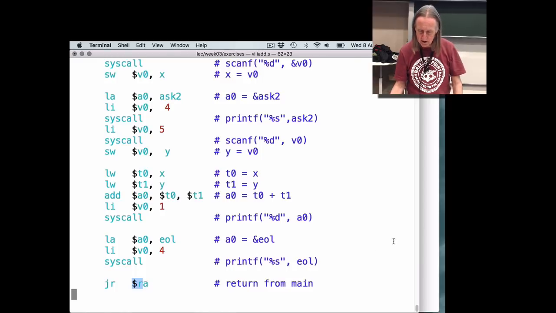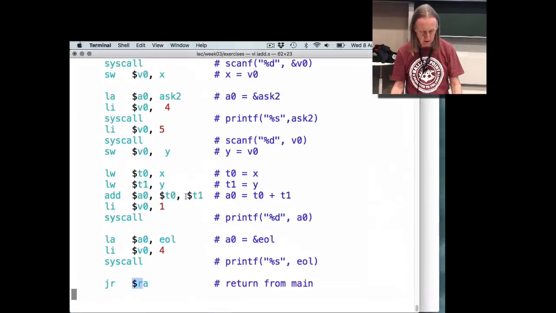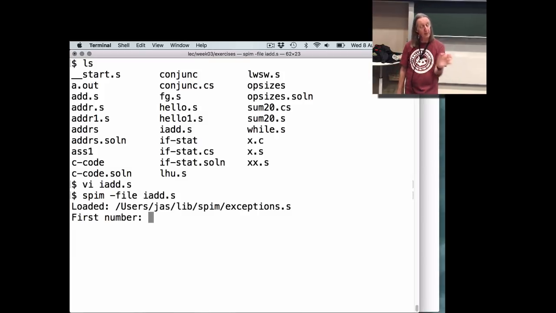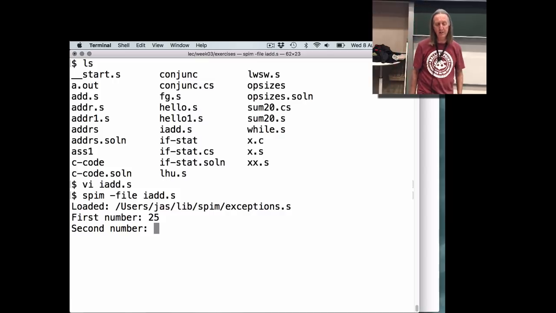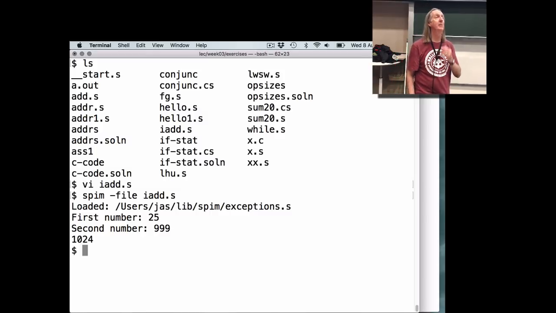So, how does this all work in practice? Oops, I wanted to stay in that window. So here's one way I can run it. Right, so it's printed that string, first number. I can type in the number, let me see, 25. I could type in the second number, 999. So it's going to take those two values, add them up, and print them out, and print out a new